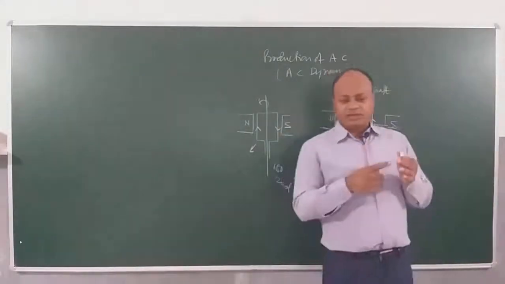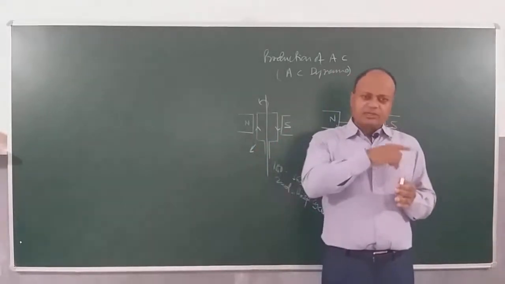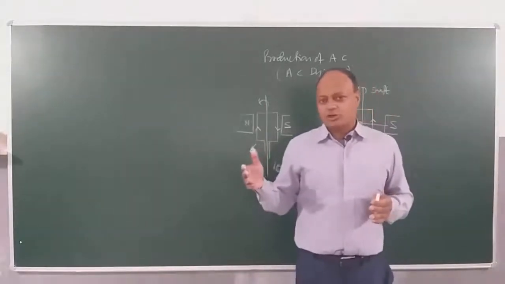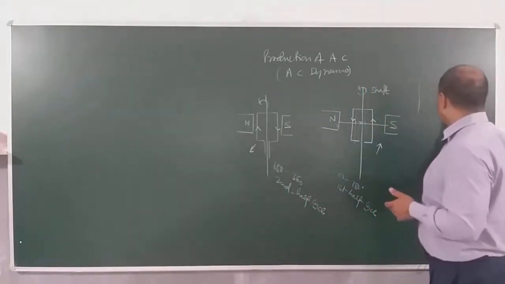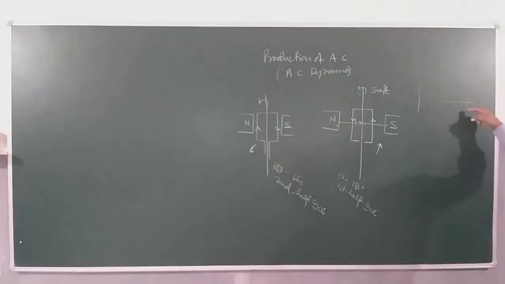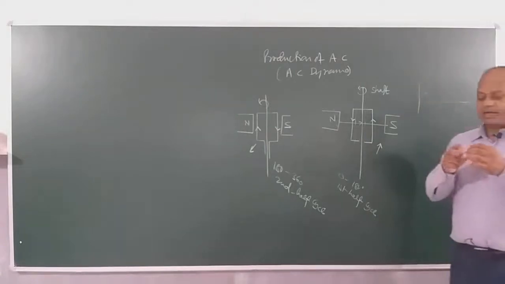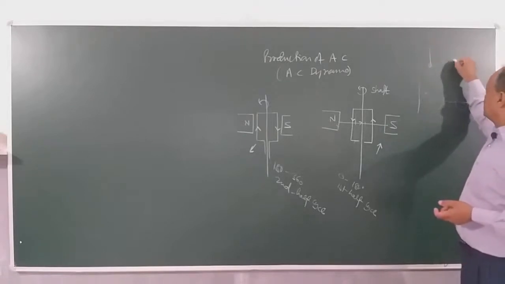So what you find? First electrons move in one direction in the first half cycle, and then again they move in the opposite direction. So it's like the oscillation of a pendulum. This current is also not uniform, because we did the graph earlier, I will be doing it again, that this is how the current is changing with time. Current is increasing from 0 to maximum and again becoming 0. This is like considering a pendulum from here. Consider the electron to be the bob, it's going to the maximum amplitude here, maximum displacement, and coming back.